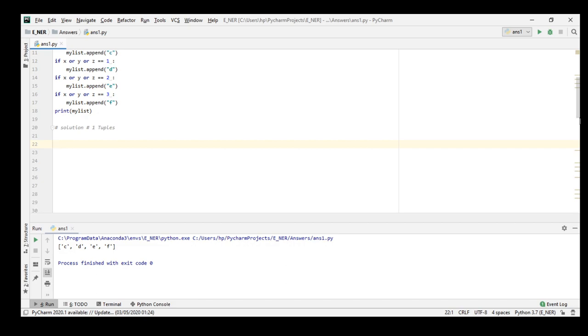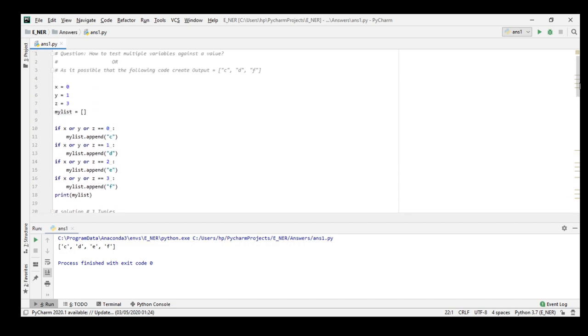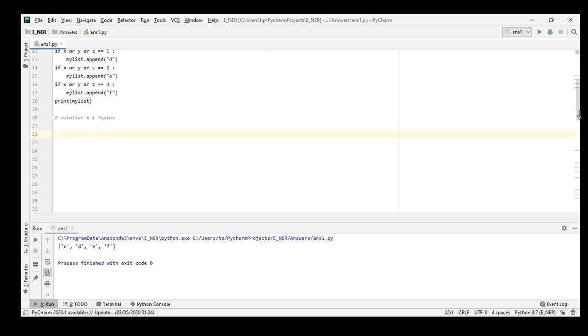Let's start by keeping all those three variables as they are, x, y, and z, and create another list and give the list the name my list 2. It will also be an empty list, and then we create some tuples like if 0 in x, y, z,